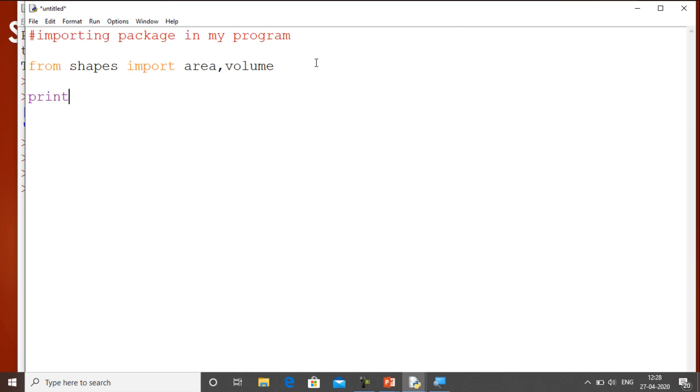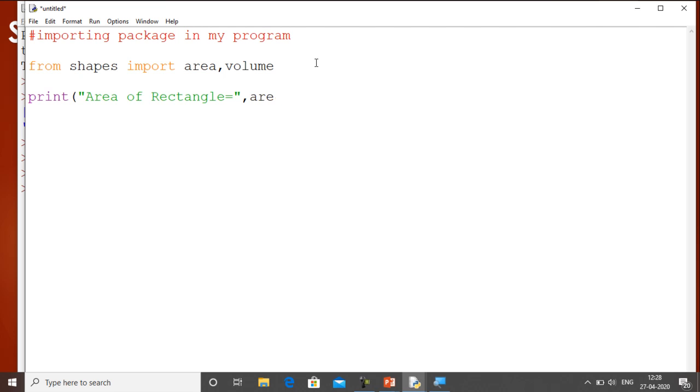So I will simply write print, area of rectangle is equal to, comma. You know that we have created a module named area, and in that we made the function rectangle.